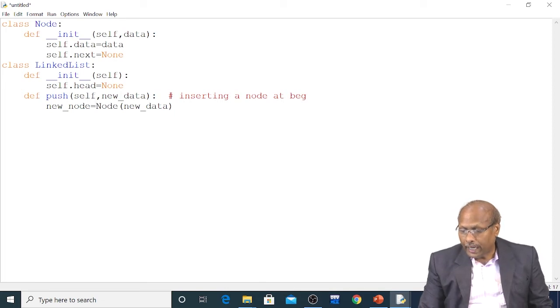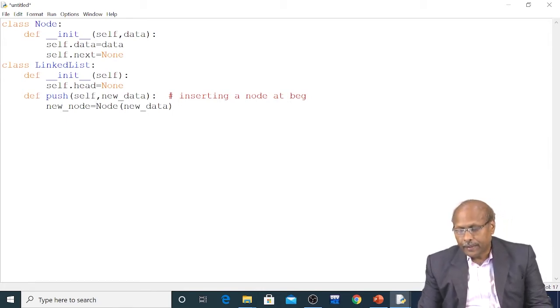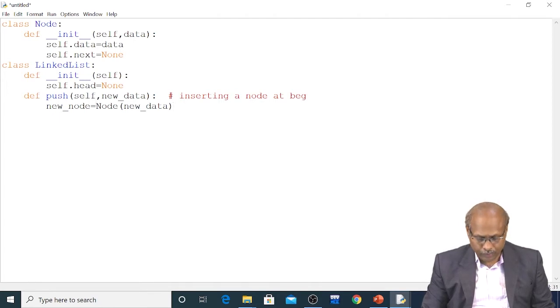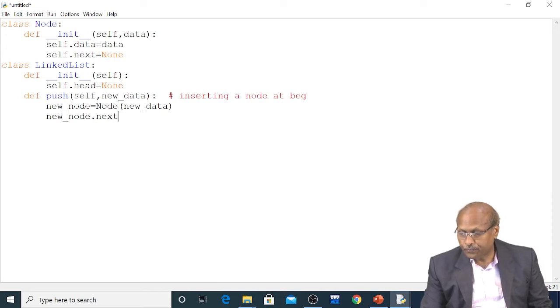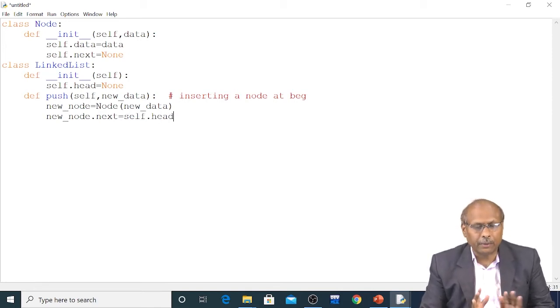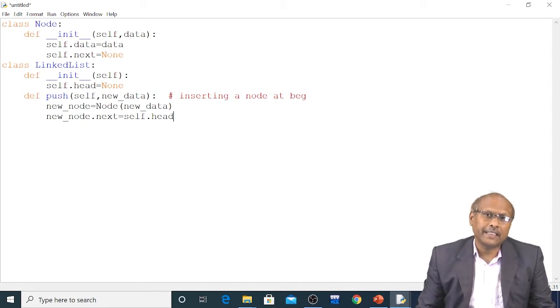This new node I have to assign to my head, because initially my head is None. That means I want to make this my starting node. So what I will do? new_node.next equal to self.head. That means this new node I will assign to head, because I want to make this a starting node.